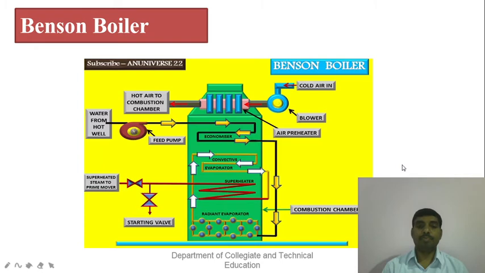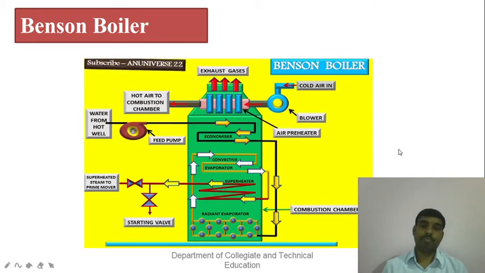When water is completely converted into steam, the water pressure is critical pressure, so the water converts into steam directly without actual boiling, and the steam is further heated up. This superheated high pressure steam is taken out to rotate the turbine, and these are the exhaust gases which are supplied to the atmosphere. And now we can see the working of this boiler.